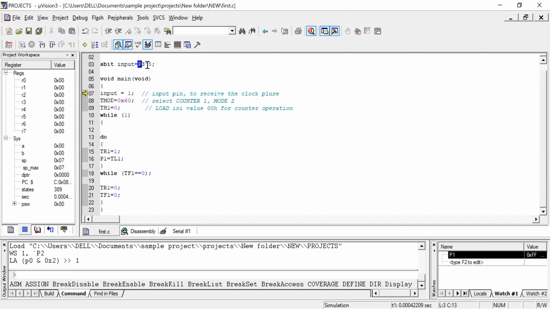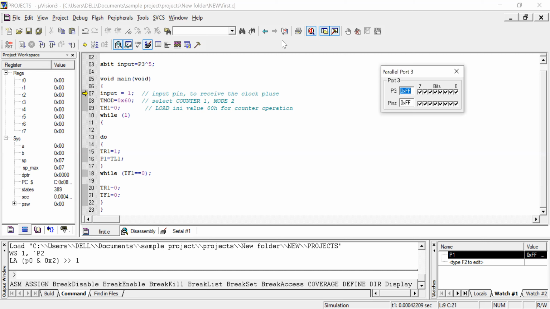You already know the input pin is P3.5. I'll open port 3 here, and you can see port 3.5 is going to be your input. If you give a clock pulse here, the output will automatically be reflected on port 1.